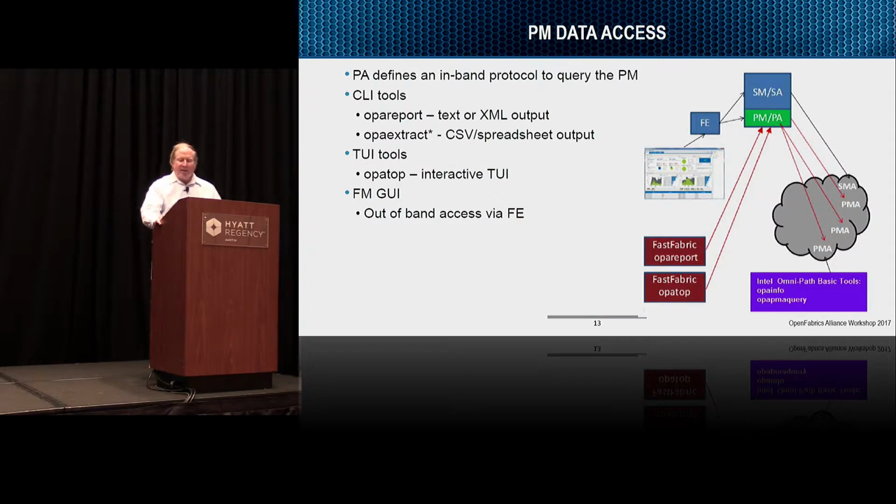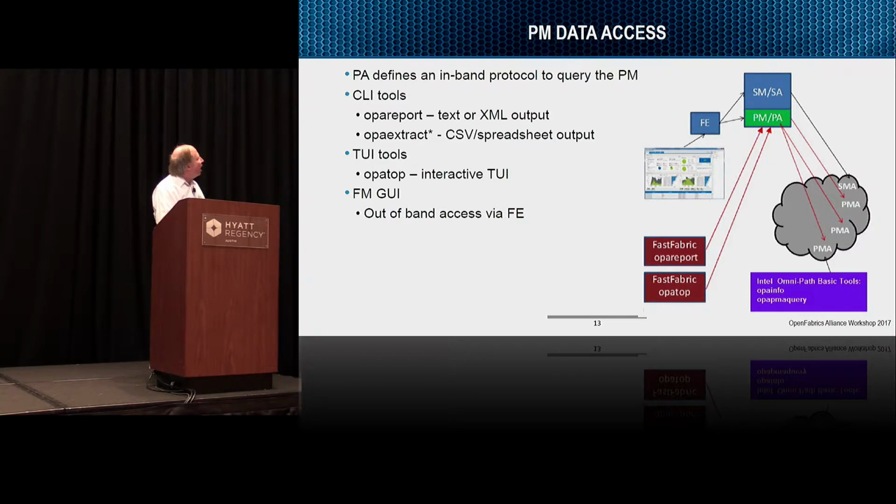And then in order to access this data, we've got an architected protocol referred to as the PA protocol. The PA protocol is a vehicle for these different management elements to ask the Fabric Manager about that data. So it hides from the application it's querying where the actual location is. Looks the exact same whether you're querying an image that occurred 2 seconds ago or one that occurred 2 hours ago. So you can query based on timestamp or other ways to identify the image, like walking forward and backwards